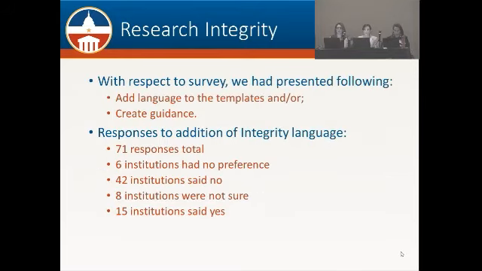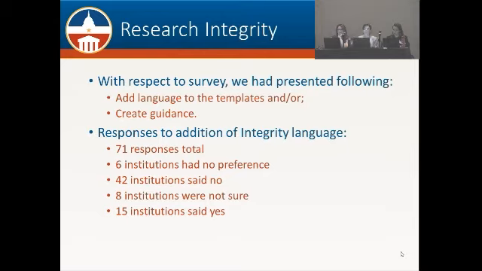So we went back and looked at the data. And we had asked the question of, should we add language to the templates and or create guidance? We received 71 total responses, of which 6 institutions had no preference. 42 institutions said they did not want language added to the template, some of which did say that guidance would be sufficient in their mind. 8 institutions were not sure, and 15 institutions said yes, they thought that we should add some language to the template.